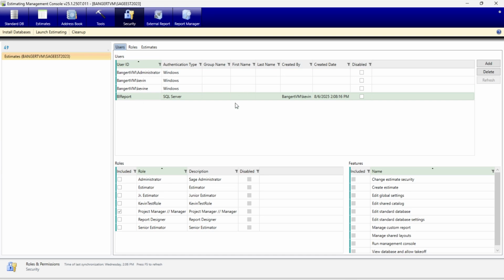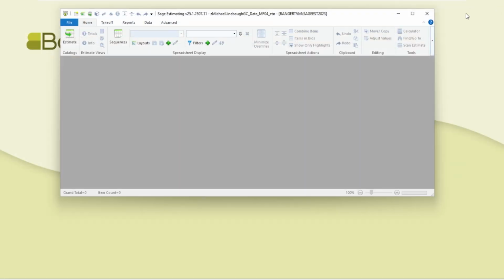That's kind of the setup stuff. So we've set up some custom fields, we flagged some estimates, we've set up this external database so that way as people are modifying estimates and working with estimates, it'll kind of keep that set updated and so forth. I've got security set up so that way I can have a different login that potentially is going to access that data and so forth. So I'm going to back out of here then.